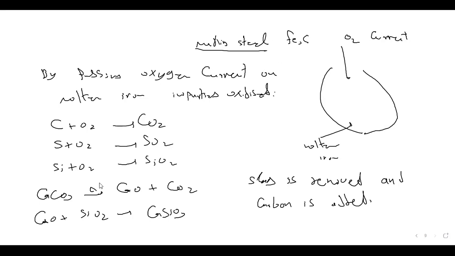And then calcium carbonate is heated to form calcium oxide and carbon dioxide. Calcium oxide reacts with silicon dioxide to form calcium silicate, which is slag. Slag is removed and the carbon is added. Then